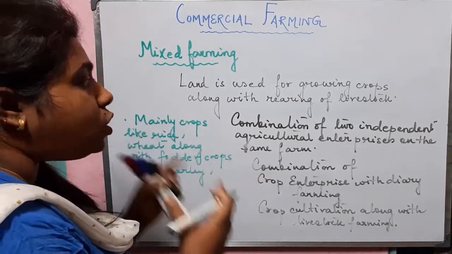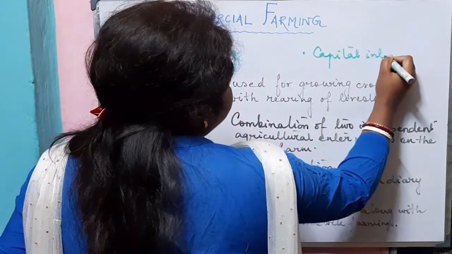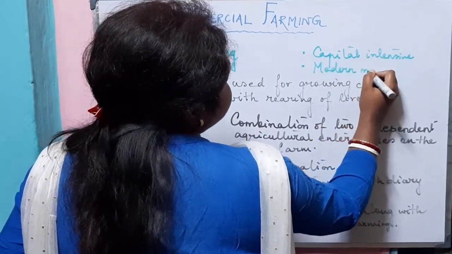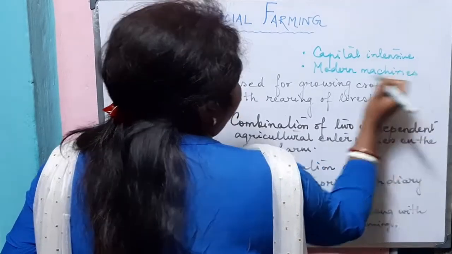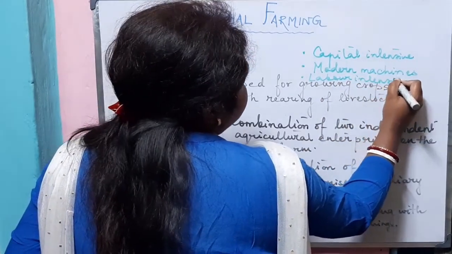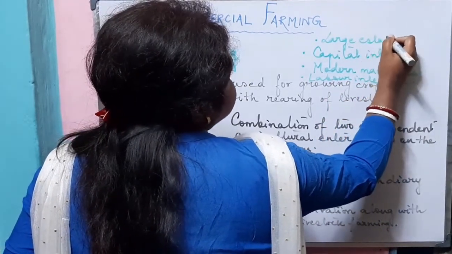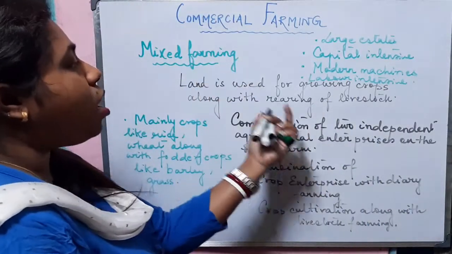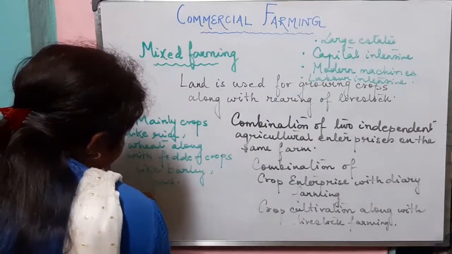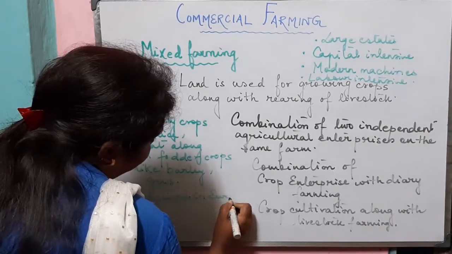This type of farming is also capital intensive. It also needs modern machines and technology so that all the work can be done, and it is also labor intensive. And they are practiced in large estates because both the work has to be done, growing of crops along with rearing of livestock. Now this type of farming is practiced in Europe,